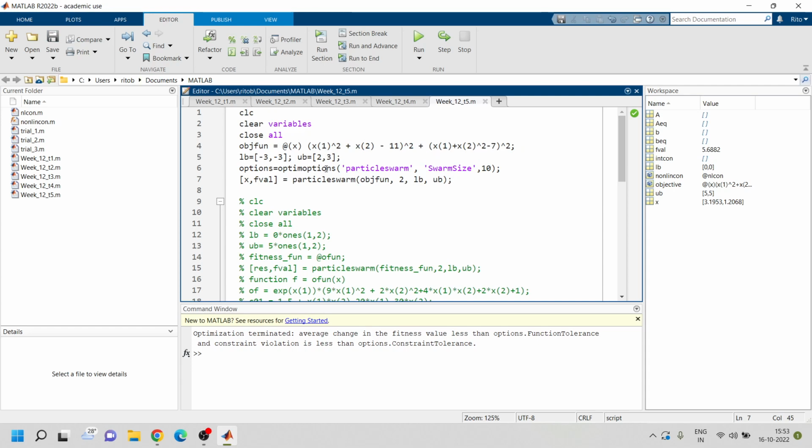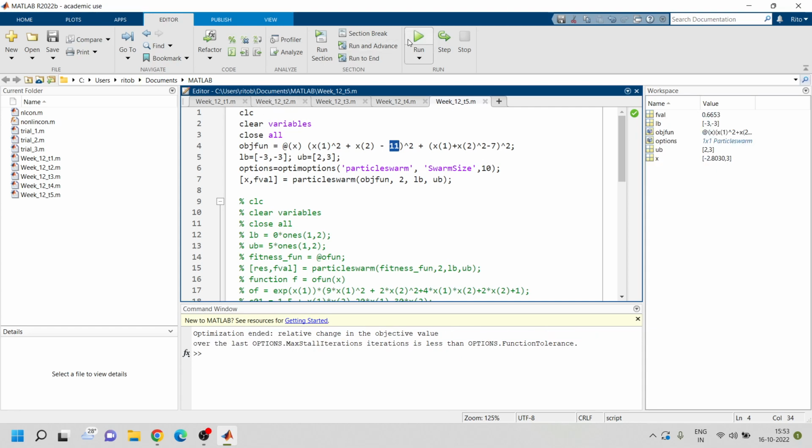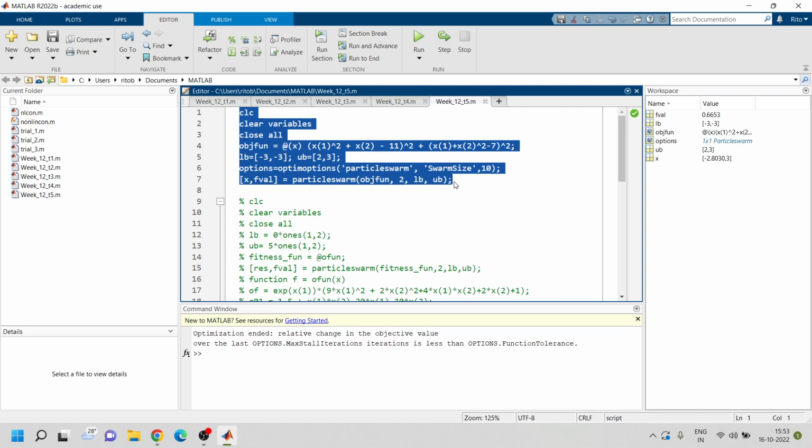This one is for particle swarm optimization. Again, the function is given, a two-variable function, lower and upper bounds are defined, and there are the particle swarm optimization options that you are setting, the swarm size and so on. You don't have any constraints here, so you can run this, and you get a solution of minus 2.8 and 3, and your function value is 0.66 in this case. And the final problem that you have